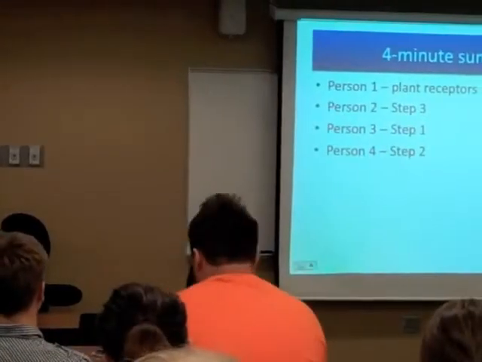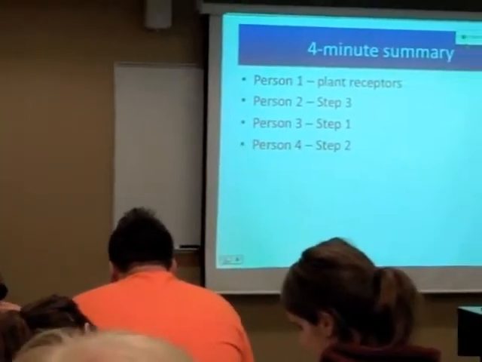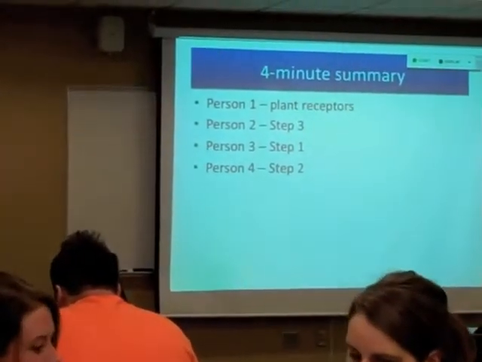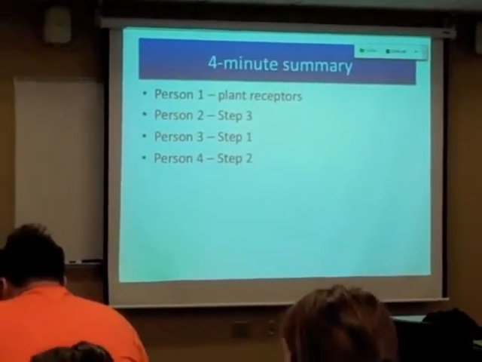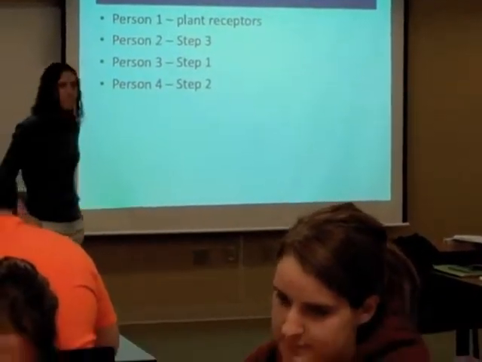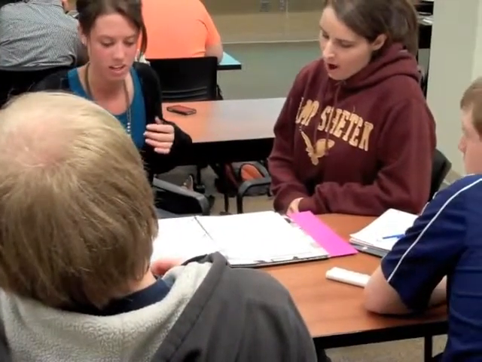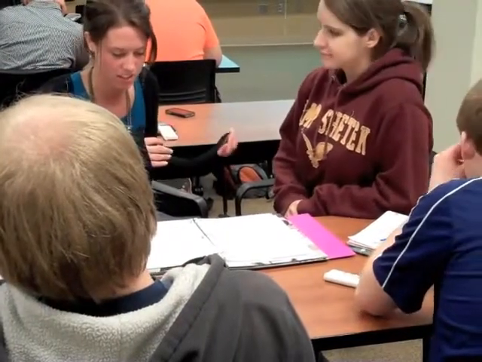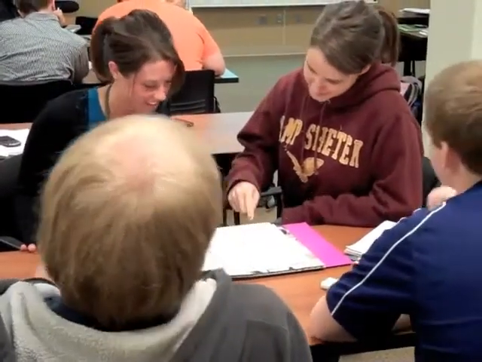Okay, so take 1 minute, or 4 minutes, I guess, 1 minute apiece to summarize each of these steps so far in the plant response. What's that? So, the external or internal stimulus activates the receptors, and then it transduces the signal, which then communicates the signal to the rest of the cell, and then it can either directly or activate. Oh, sorry. You're supposed to do